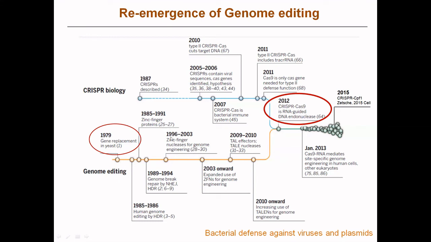Followed by, in the last decade of the 20th century, 1996 to 2003, an improved version, the zinc finger nuclease, was used for gene editing. Then in the first decade of the 21st century, 2009 to 2010, there is the transcription activator like effector nuclease, known as TALEN,